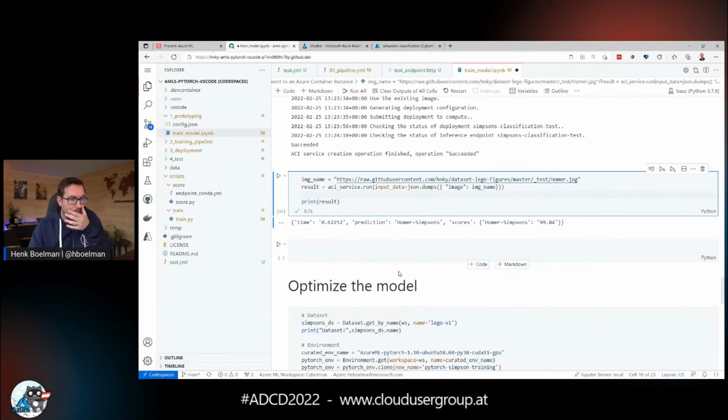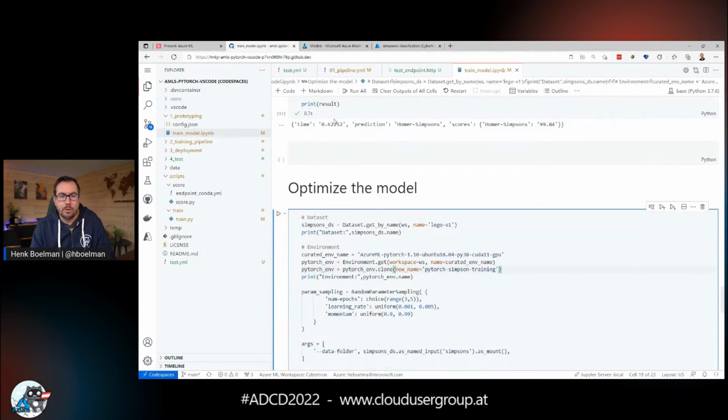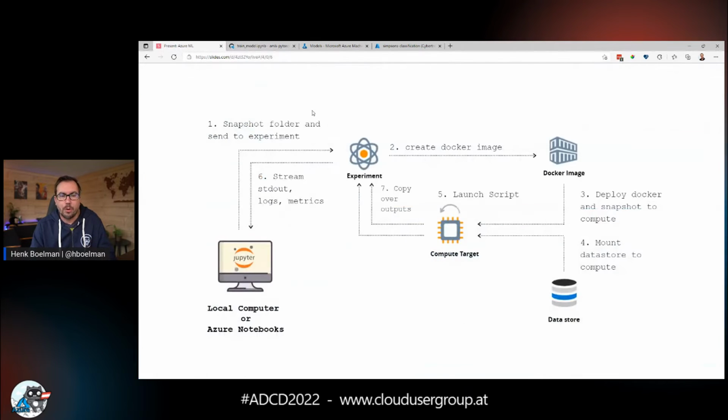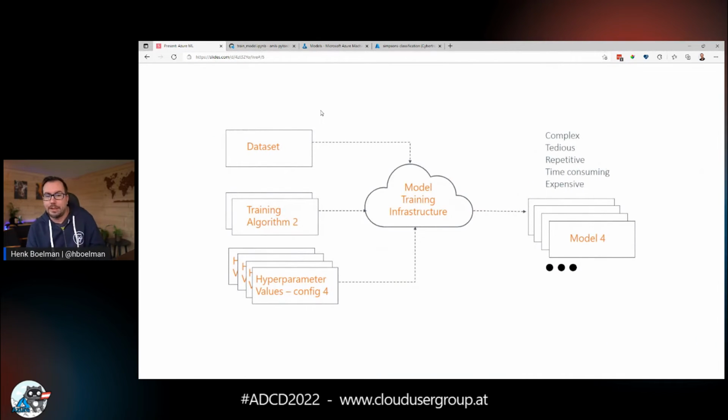So now we can start to optimize our model. It is already pretty good, but it can always be better. For that, we can use a function called automated hyperparameter tuning, because you saw I had all those different values I could tweak. I can start doing that by hand, changing, okay, try maybe 12 epochs, or the learning rate, do it like this. I can do that over and over, and all the runs will be generated, and I can compare all the different